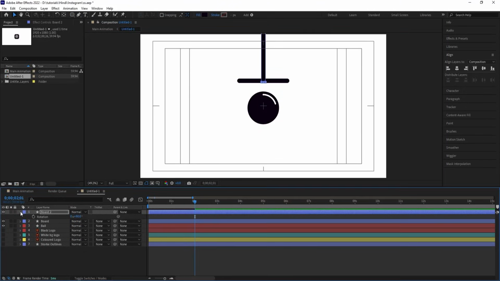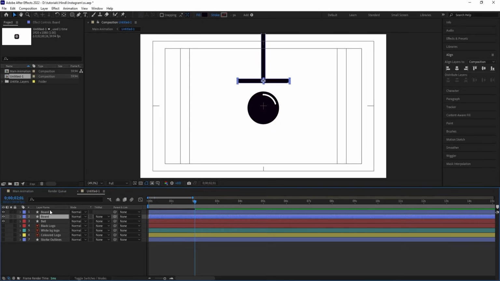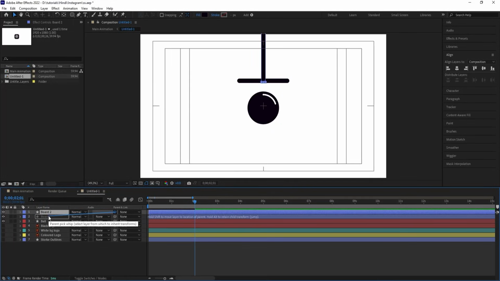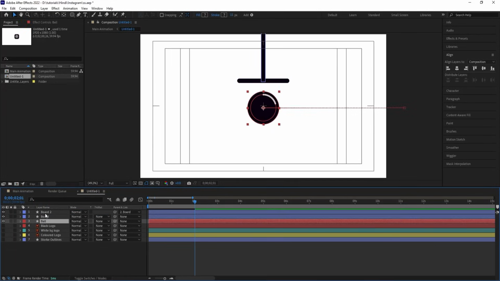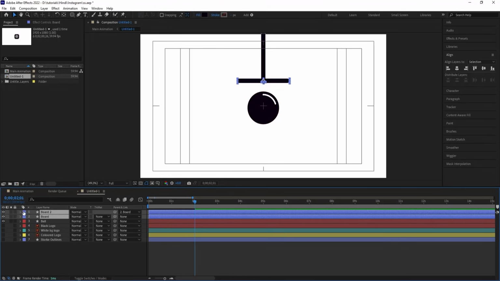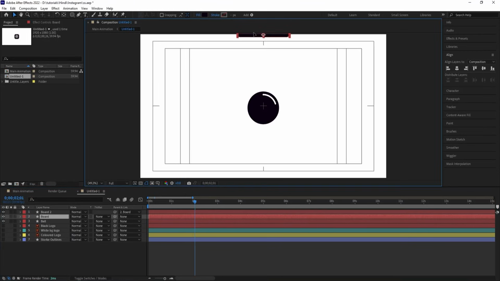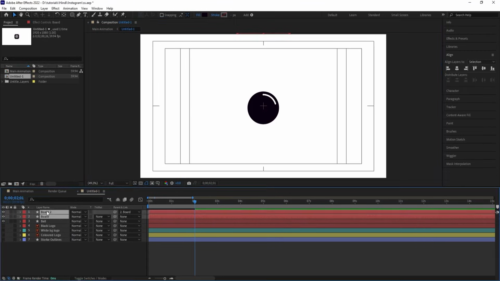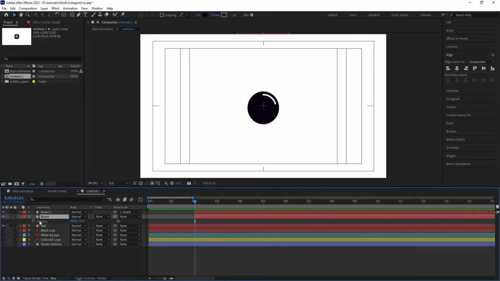Okay, now this board 2 should be parent with this one, so let's select this board 2 and make it a parent with this board. Let's select all of this board 1 and board 2 and change the color of this one to red one. Okay, so we have this board. Now it should come from top, so make sure to initially it should be over here. Select both of them, and with the help of open square bracket, I'm going to move them over here. Select this board, press P, create one keyframe, then go somewhere around 3 seconds, and let's try to bring